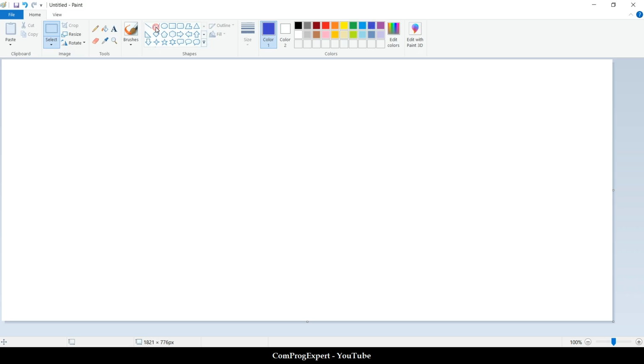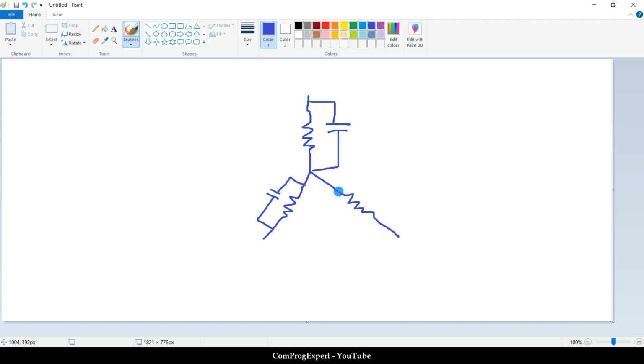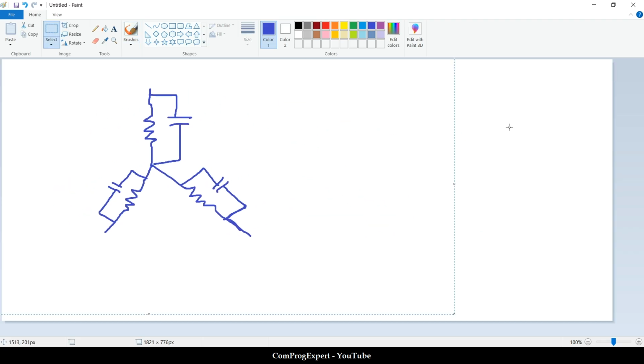We have this three-phase load. This is the value of the resistance, and the capacitance that we have. Again, we have a resistance and a capacitance here, and a resistance and a capacitance here. A balanced three-phase load. The value of the active power P is equal to 20